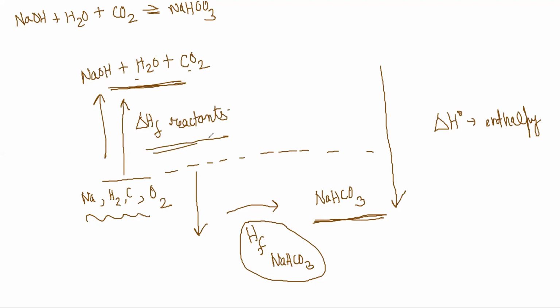Correct. So the ultimate enthalpy should be heat of formation of this, which is negative, right? Minus heat of formation of this, because if you add it, it becomes a smaller difference. The difference in enthalpy is bigger actually, right? Like you have to get this x value and this y value is there and this z value is there. The final x value is actually y plus z, no?